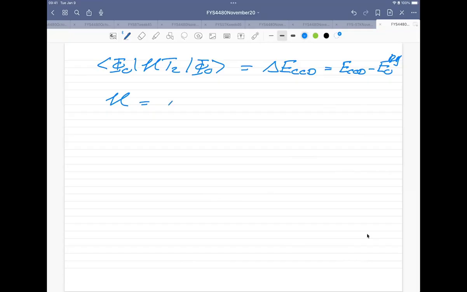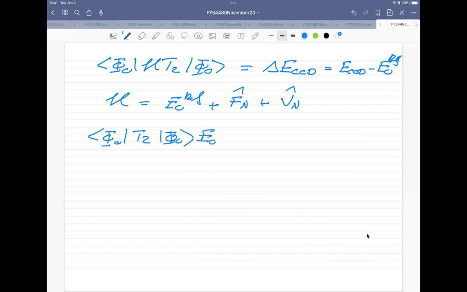So H is equal to E0 ref plus the one-body part plus the two-body part. So E0 ref is just a constant. And we know that the first term gives us phi 0 with T2 on phi 0 multiplied with E0 ref